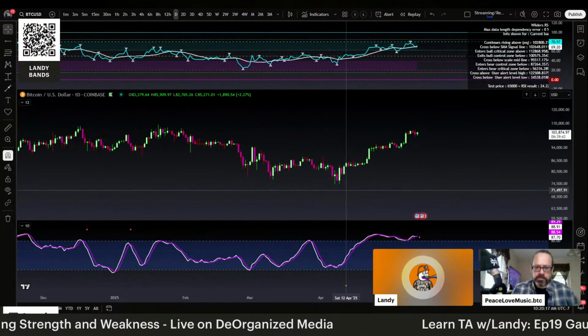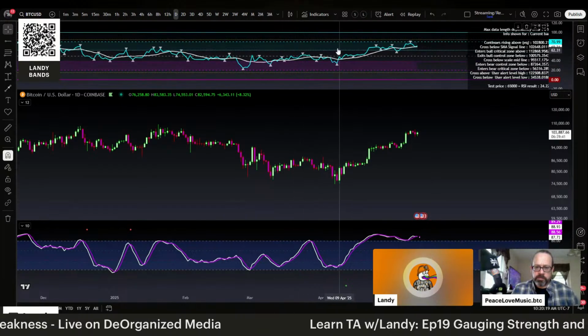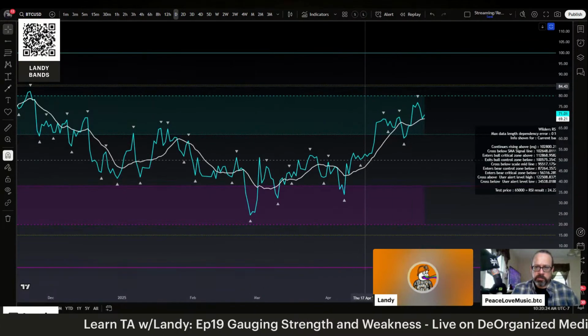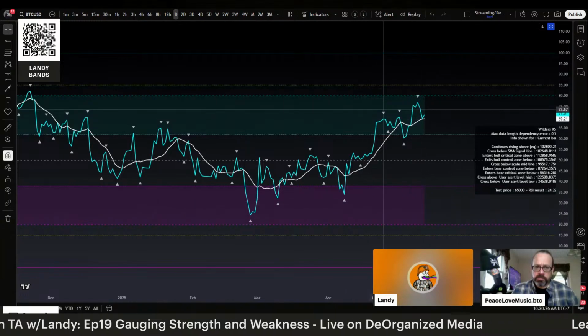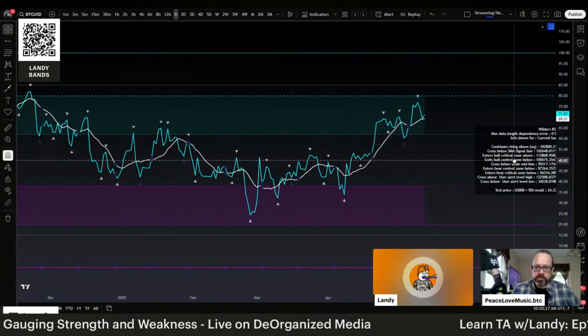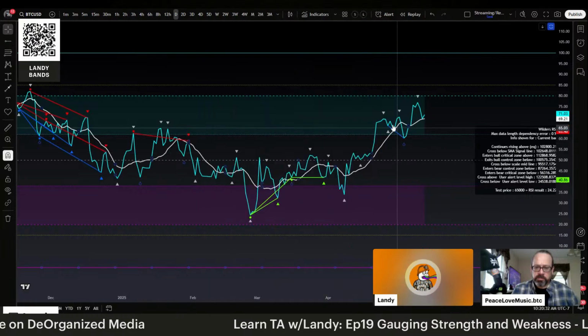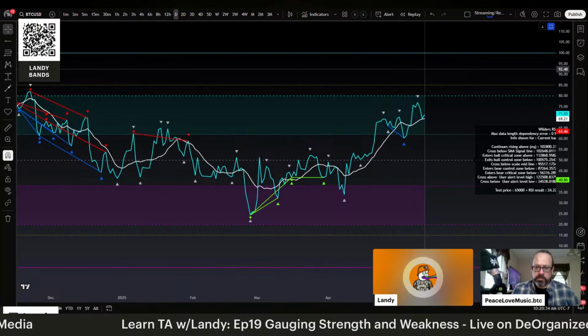As we were getting lower lows, but higher lows on relative strength, that's where we were seeing bullish divergence build up. And on the other side here, really at this particular moment, we don't have any bearish divergences building on this particular move. And I just turned on the indicators